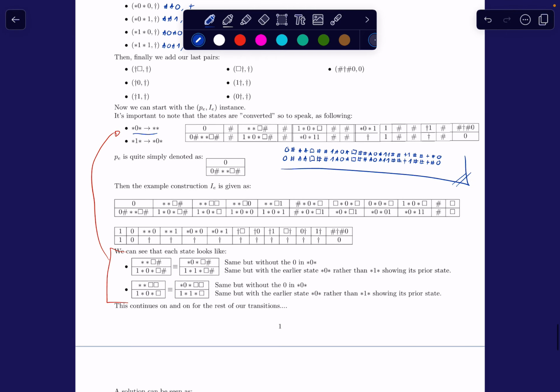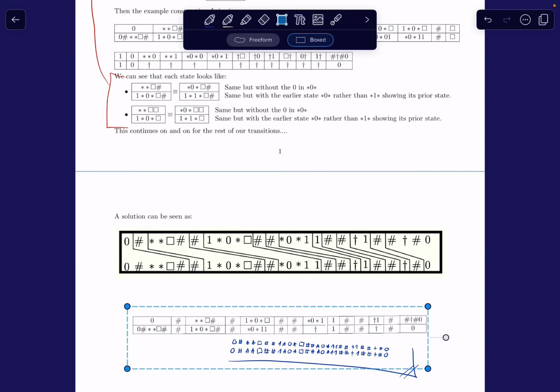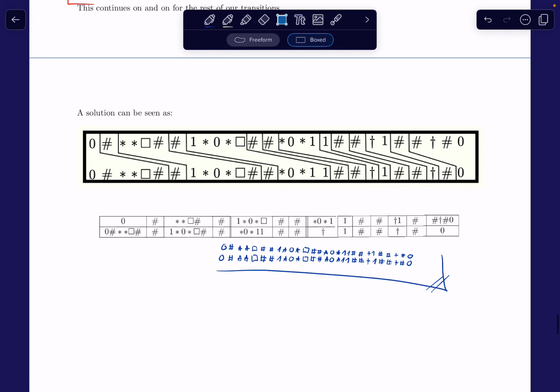And that is how this solution is seen over here. They just used a different notation, but that's pretty much what we do. So yeah,